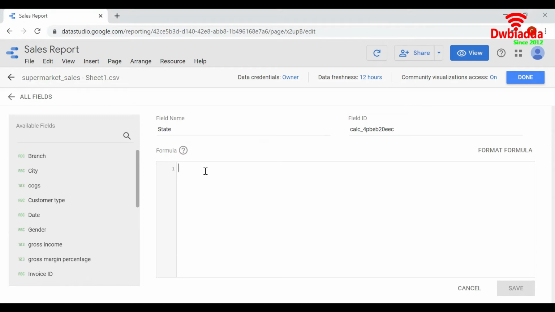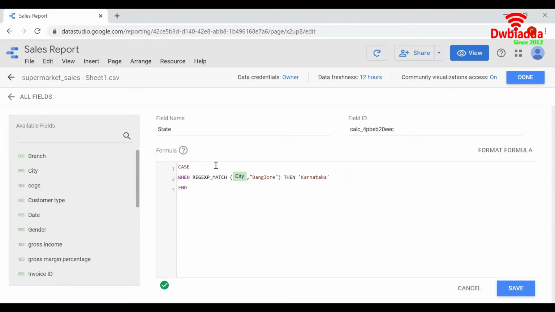Every block starts with CASE and ends with END. In between, we need to write the function. So let us write the function. This is how the syntax should be.